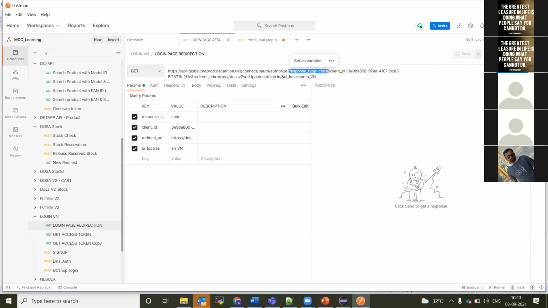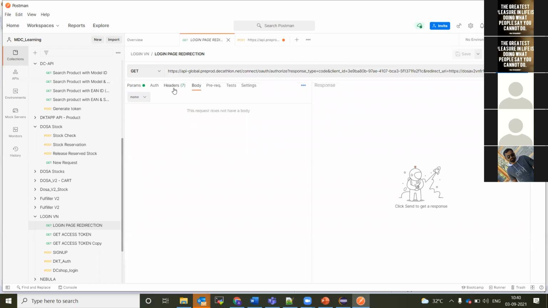So for this we have to send it as dot query param. In the body, or in the authentication, the query params can be added here, such as response type, code, client ID and the value. If we add it in the query parameters, it will appear after the question mark and will be visible in the URL.